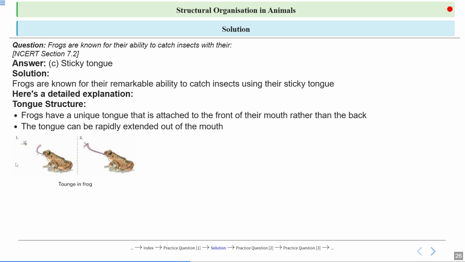You can see here, their tongue is so long and it is flexible. It can move here and there in the environment. And when any fly comes in contact with this tongue, it easily gets stuck to it, because it has papilla-like structures which produce adhesive substance all over the tongue.